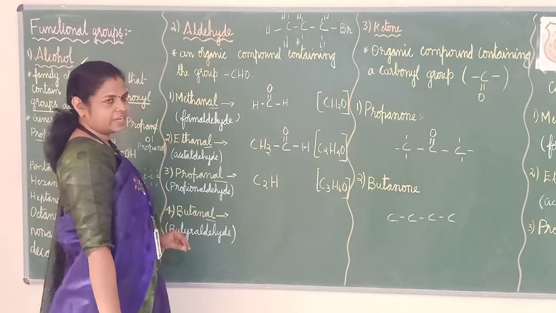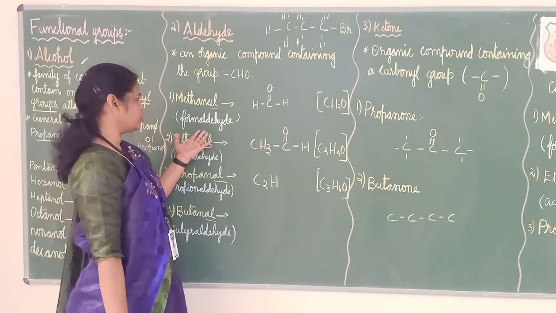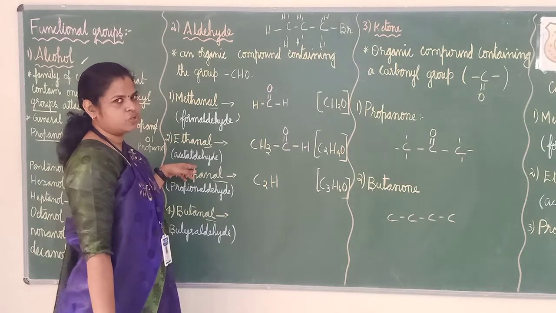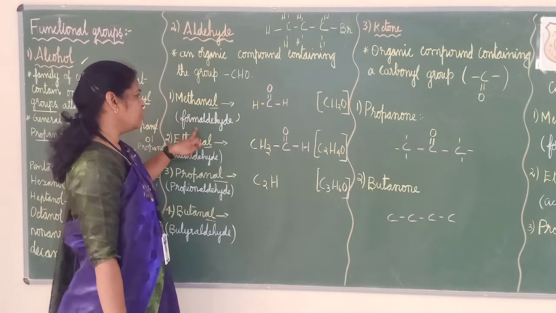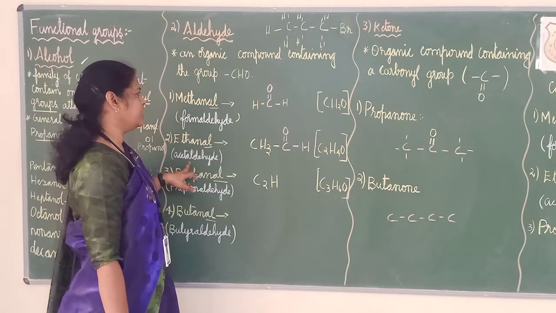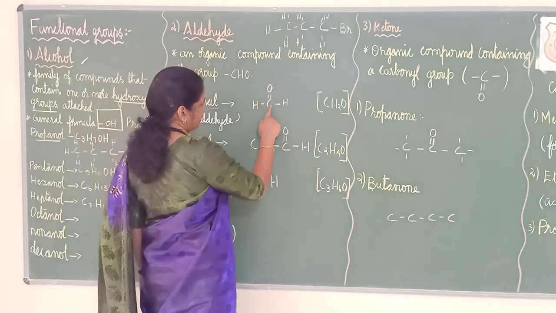If it is an aldehyde, by seeing the name you will come to know. I have given the common names also. For 2 you can study. Formaldehyde and acetaldehyde. If you are really interested, you can study this. Methanal's other name is formaldehyde. Ethanal's other name is acetaldehyde. See the formula now. CHO.